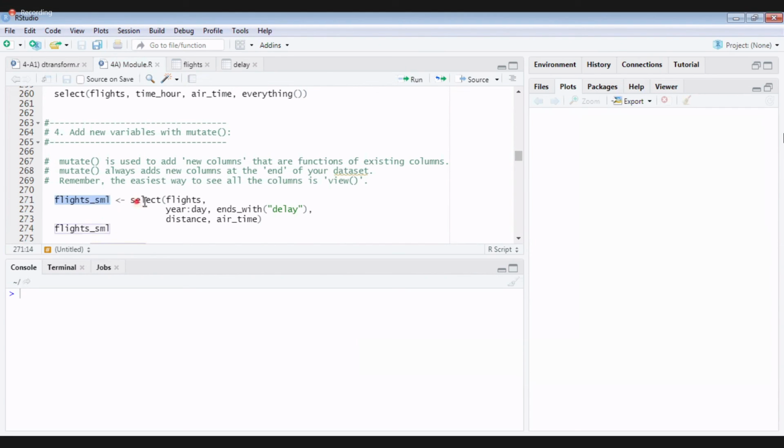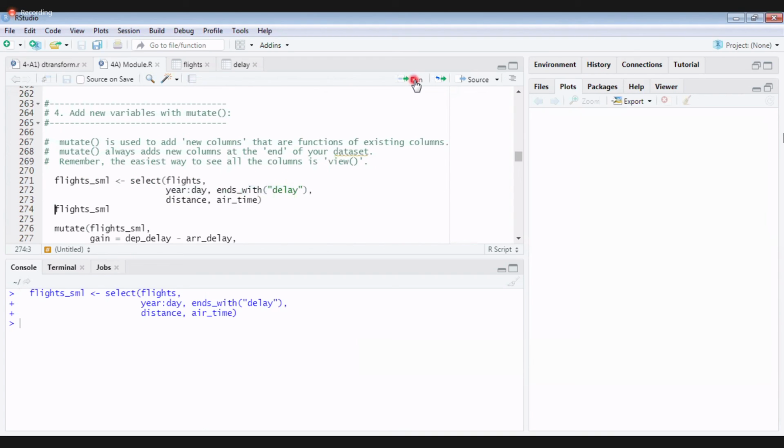So select flights year to day, meaning year, month, and day. Then the columns ending with delay, I have arrival delay and departure delay. Then add two more columns, distance and air time. Out of 19 columns I am selecting only these, and assigning it to flights small, a small data set.